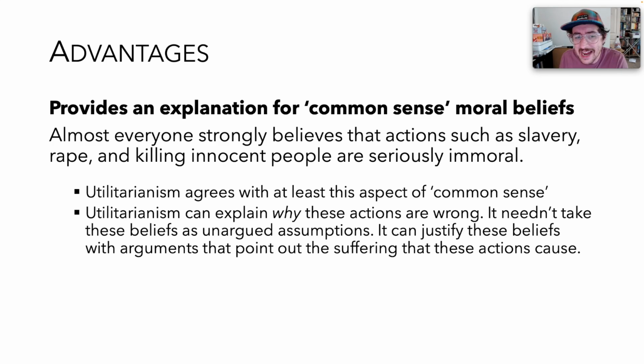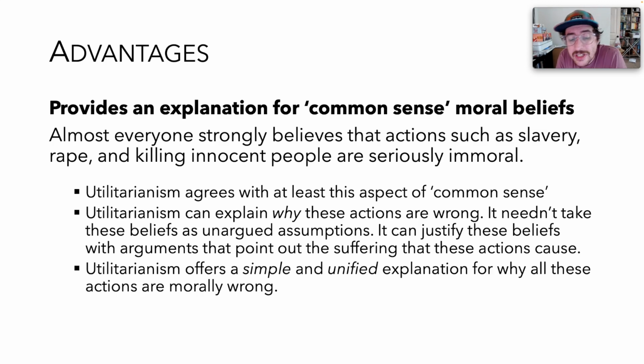But more than that, utilitarianism can offer an explanation for why those actions are wrong. The utilitarian doesn't just need to stomp their foot and say, it's wrong because I say it's wrong. They don't need to leave these as unargued assumptions. The utilitarian can justify these beliefs by giving arguments that show the suffering that these actions cause,